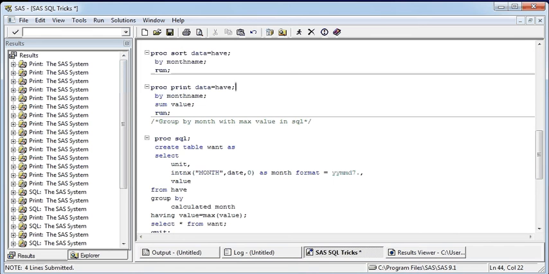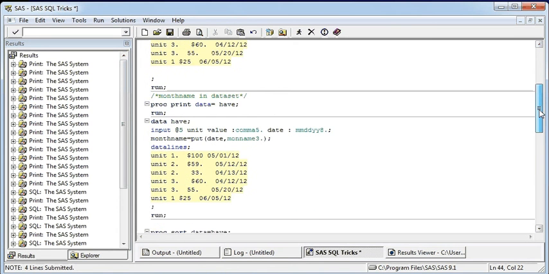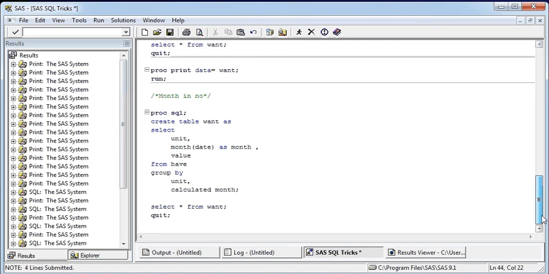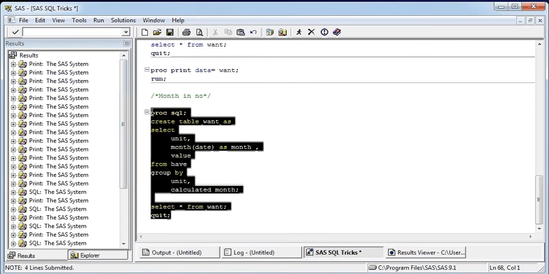So if you see the example in May, this is the highest, oh sorry, this is the highest, 100. So it would take the highest value by month and display.